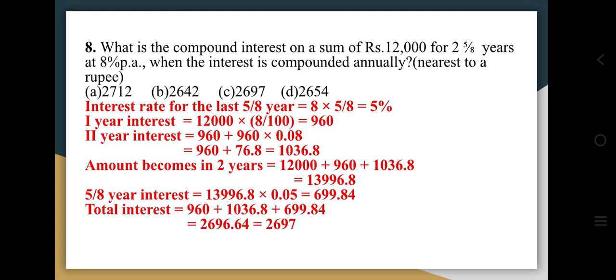So for 13,996.8, the interest is 13,996.8 into 5 by 100, that is 13,996.8 into 0.05. So multiply 139,968 by 5, then put the decimal after 3 places, we get